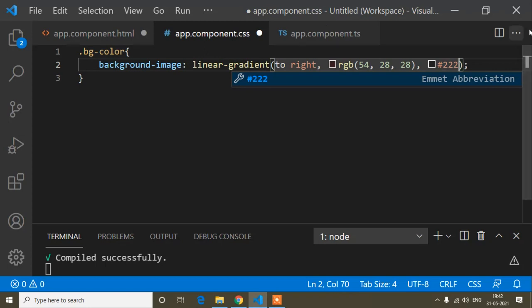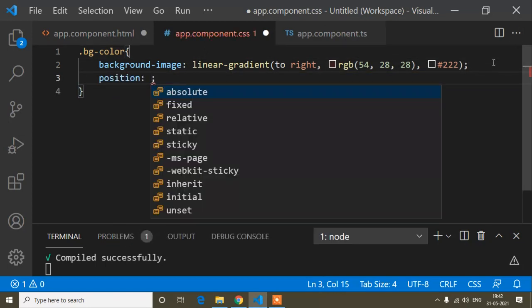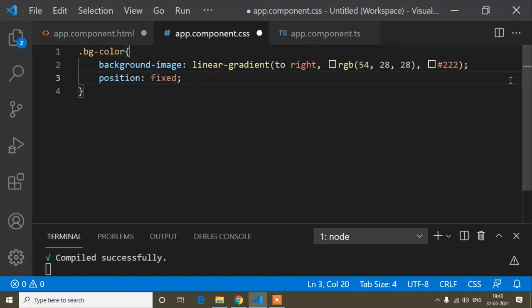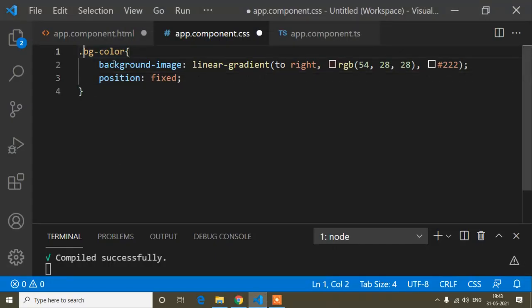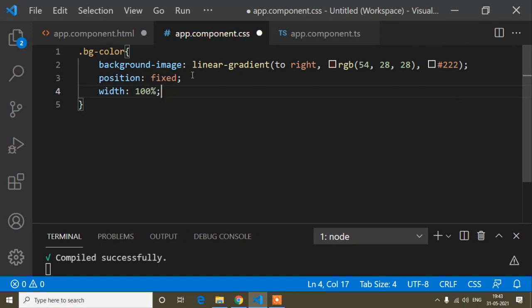Now here I will write position fixed, because guys I want to add this color on the whole of this page. I am not using this color inside the body tag, because body tag means the whole page, but here I am using this color in a class. So that's why I have to write position fixed, and width is 100%, because I already said I want to add this color on the whole body.